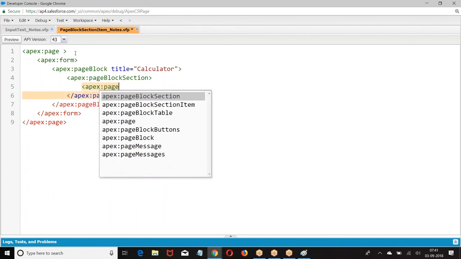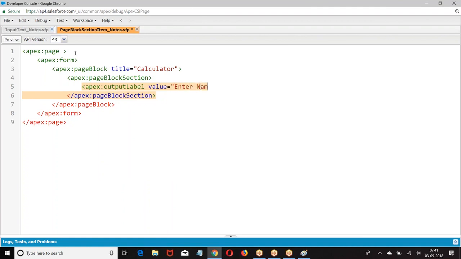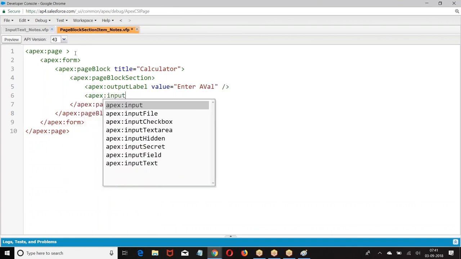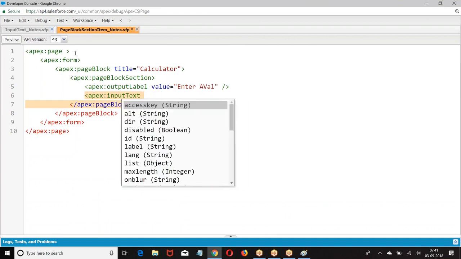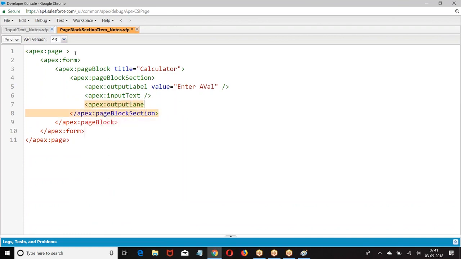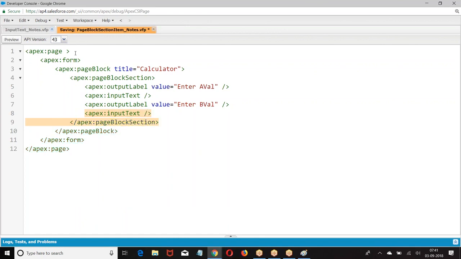Within the page block section, I have an output label with value equal to name, and then an input text. Preview.